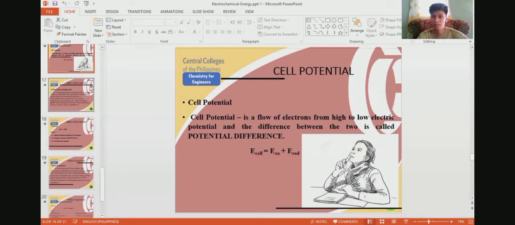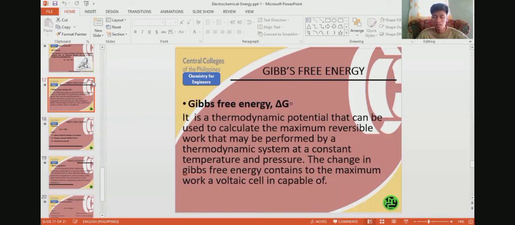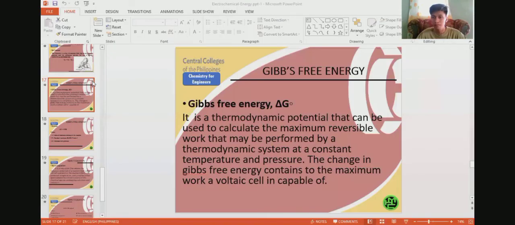Then, let's proceed to Gibbs free energy. Ngayon, sa Gibbs free energy naman, which is commonly known as delta G naught. So, ano nga ba yung Gibbs free energy? Gibbs free energy is a thermodynamic potential that can be used to calculate the maximum reversible work of a cell